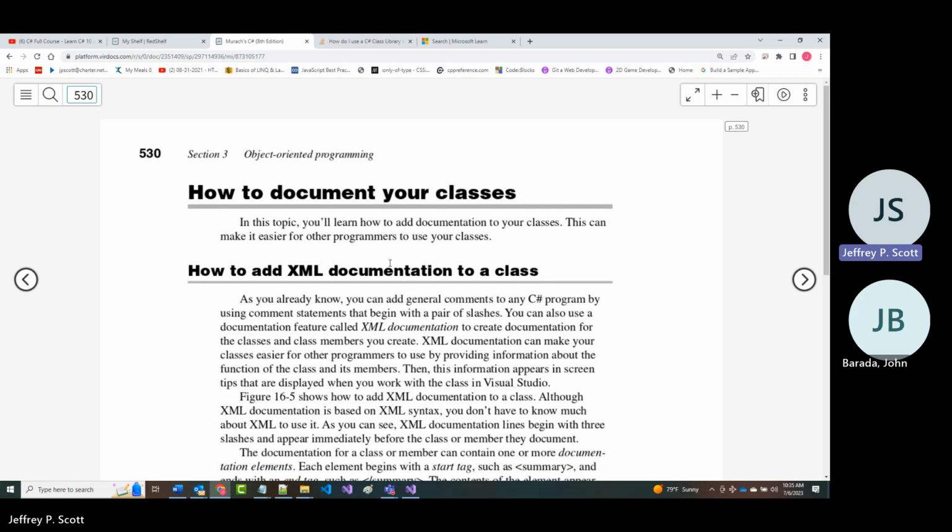Now, some of you have already heard my shtick about XML, but if you have, you're going to hear it again. And if you have not, you're going to hear it for the first time. XML is an acronym. It stands for Extensible Markup Language. Now, I believe it was around sometime in the 1980s.